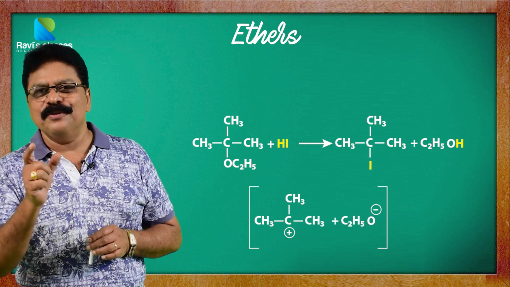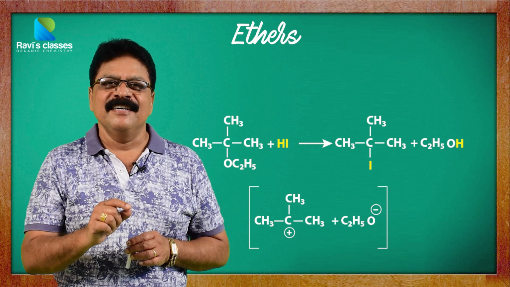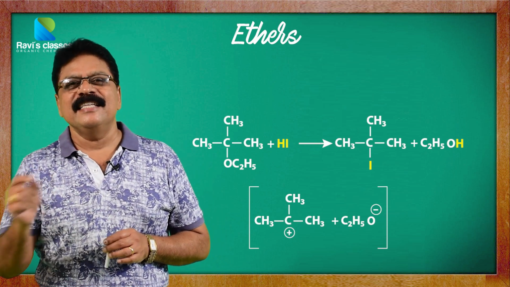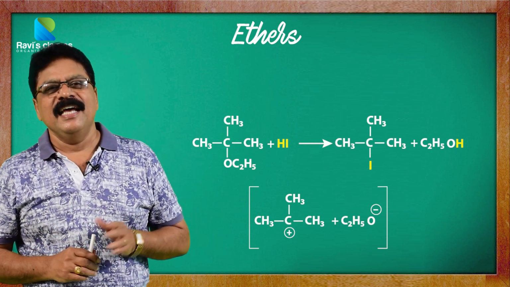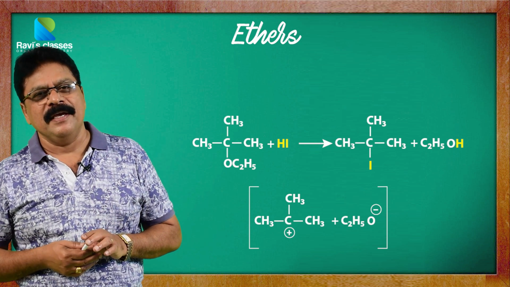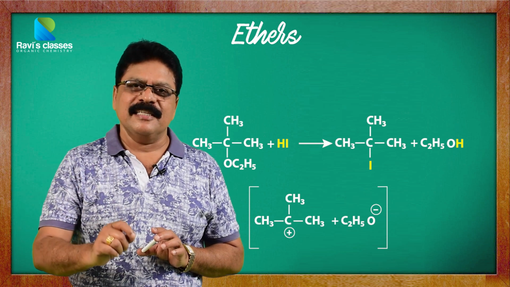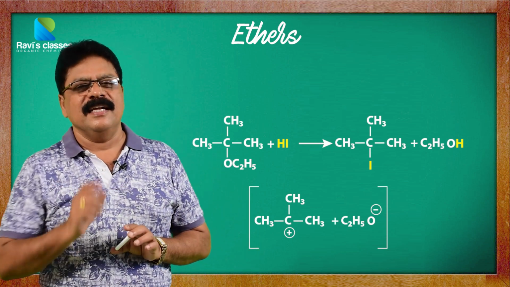Not only that, we know that a carbocation is sp2 planar. Therefore the steric hindrance which was earlier there is now less, so iodine can easily go and attack it. It is a simple nucleophilic substitution type of reaction, and the attack can be from either side. You get a racemic mixture. Okay, so this is an interesting thing. Iodine will go with the smaller alkyl group always, but only in the case of a tertiary ether, iodine is found to go with the larger alkyl group.